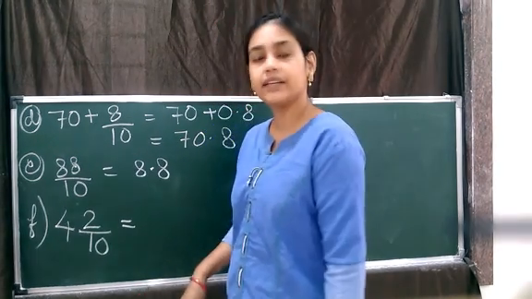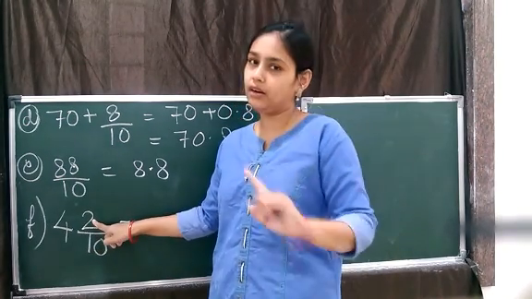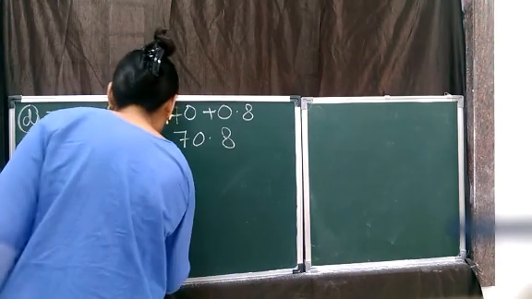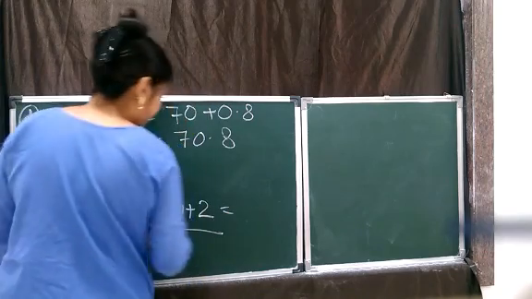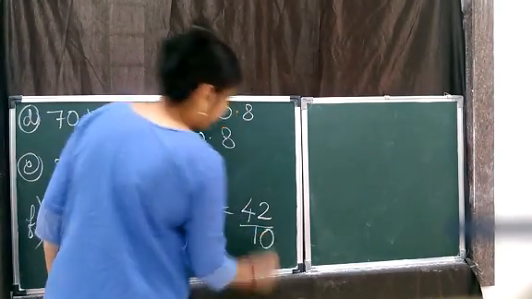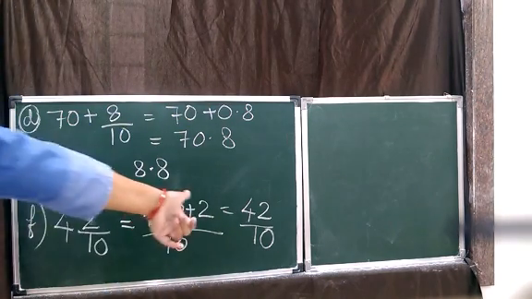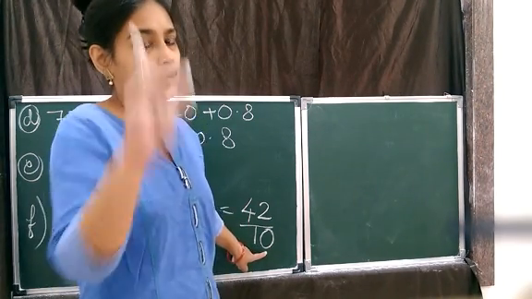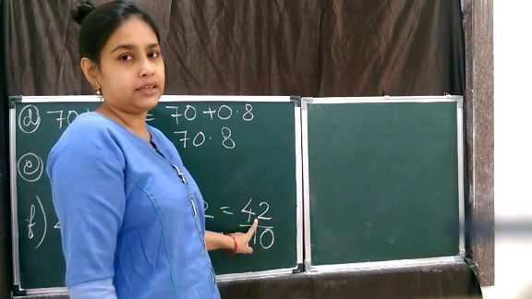So how can we convert it into a fraction? Whole number multiplied by the denominator plus the numerator, all over the denominator. That is 4 into 10 plus 2 by 10. So 4 into 10 plus 2 by 10. 4 tens give us 40. 40 plus 2 gives us 42. 42 by 10. Now when we convert it into the decimal, you can see only 1 0. That means only 1 place decimal. So where will be the decimal? The decimal will be here.